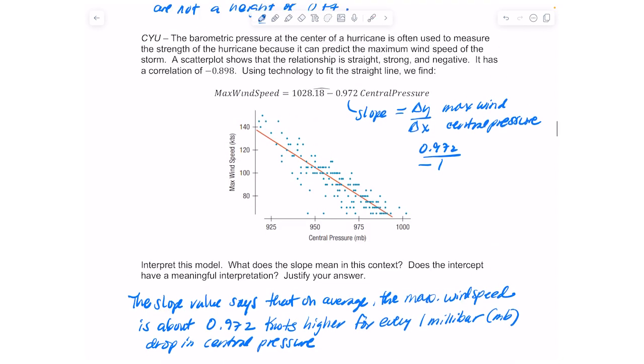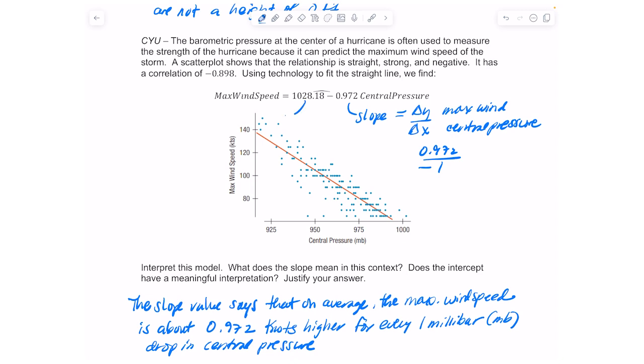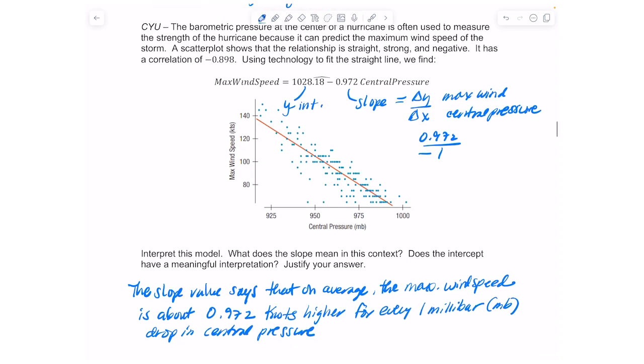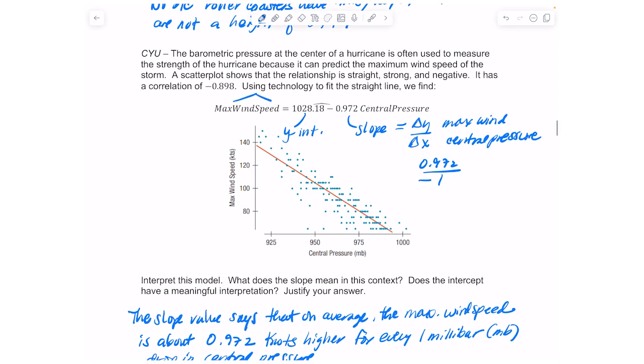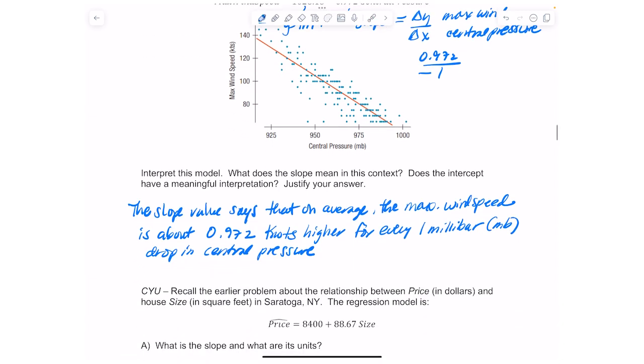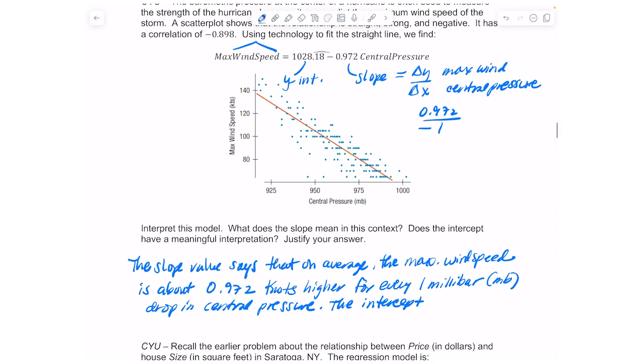And then I also need to interpret the y-intercept, which is your b0. And the y-intercept here is 1028.18. And by the way, that little hat should go there, not here. Okay, that's a typo. So what we can say about that is the intercept, remember the y-intercept is when x equals 0. So in other words, if the central pressure was 0 millibars, right? That doesn't make much sense. That would be like if it was a vacuum. So if you've studied those in physics,